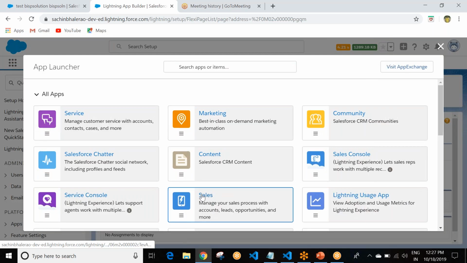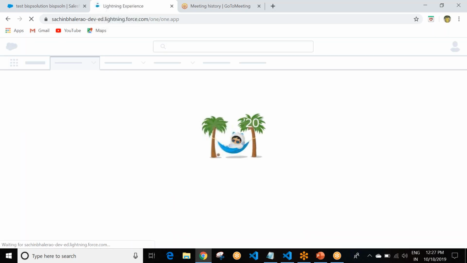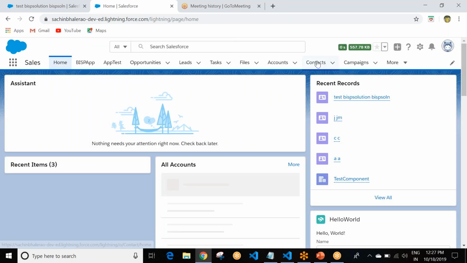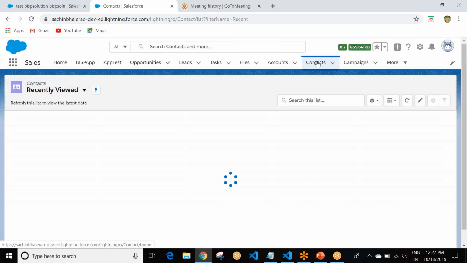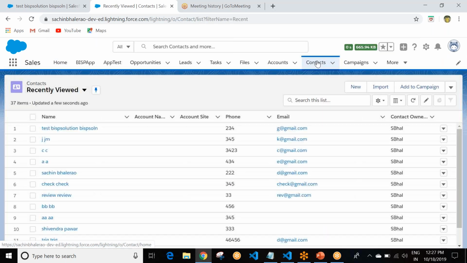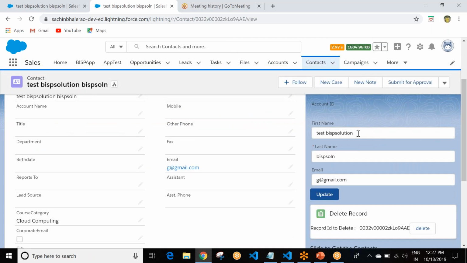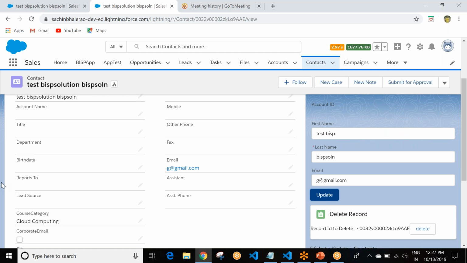I will go to Contacts, I use the Contact standard object. I created a test BISP record, and if I modify this test BISP and now I'm going to update, here it will get updated.